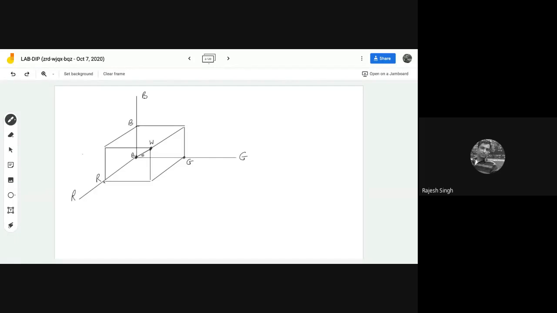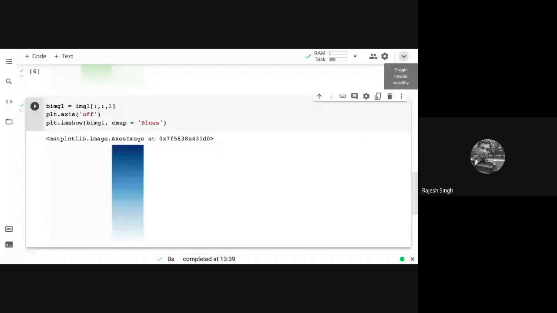How about the middle one, black and white? So you know that if you know all the three axis values, it's a cube. My drawing doesn't look like a cube, but it's a cube. So this is going to be an average of all three. So can we create a grayscale image by taking an average? Answer is yes.